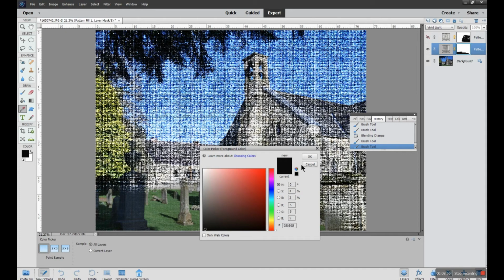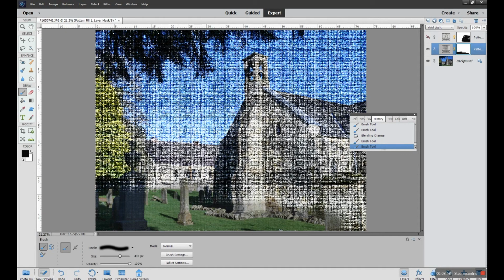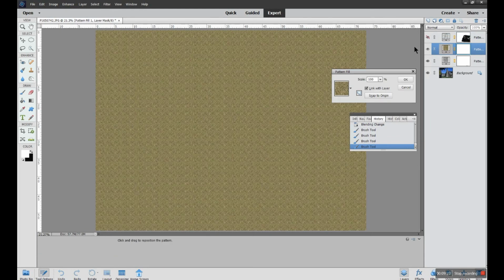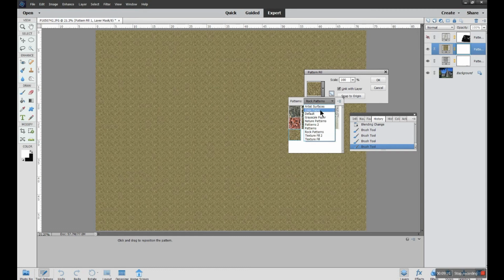Oops, I'm not changing the colour. All I want to do is just make it white and black. So if it's white, it fills in. Okay, so it's a matter of trying it out, and you may find that you happen to think the effect works. I think it's one of these things you just have to try and practice and just see whether you'd ever use any of these pattern options. Okay, there's lots and lots of them, and certainly some of them may work pretty well with landscape